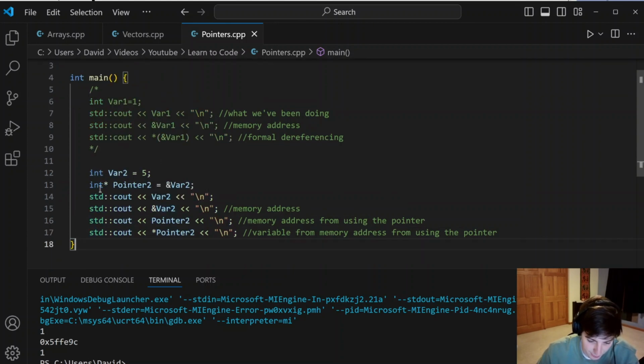So now if we swap the commented blocks of code, you can see here that we have variable 2 as 5. We have a pointer defined now. So that's just going to be the memory address of variable 2. And again, we're going to output variable 2, the memory address of variable 2. Then we're going to output pointer2, which is the memory address of variable 2. And then we're going to dereference from that pointer, so it's just going to print out the value that is associated to that address. Now if we run this,